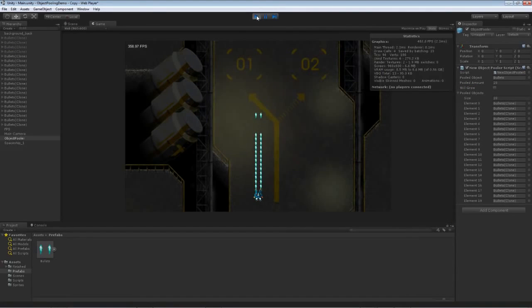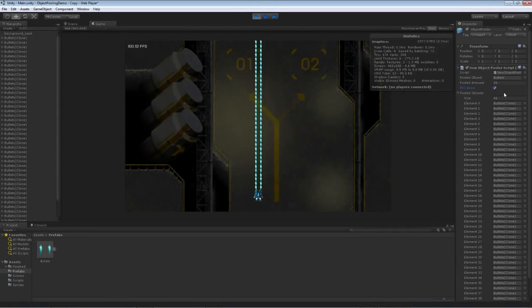We're going to play it. It's going to get to 20, and it's going to do this thing like we saw before. Now watch what happens when I click will grow. We're going to see that it's going to dynamically resize, all right, to 41, like I told you. And so then it stops growing. Okay, so it automatically increased its size to be exactly where we needed it to be, and then kind of